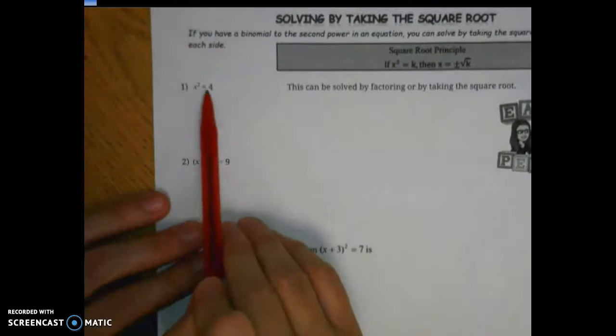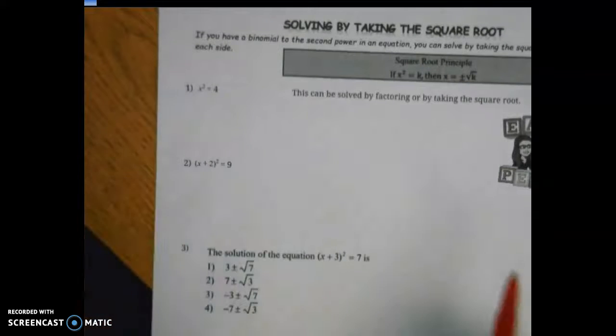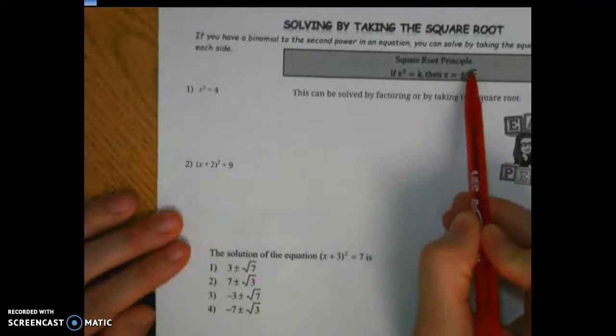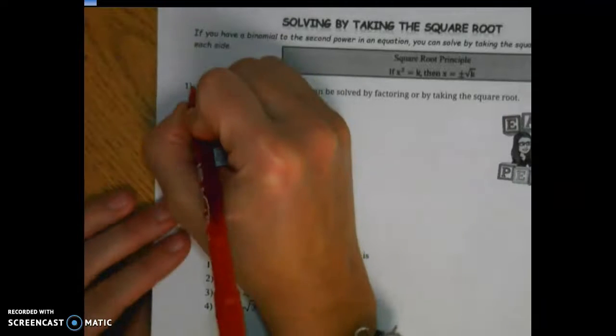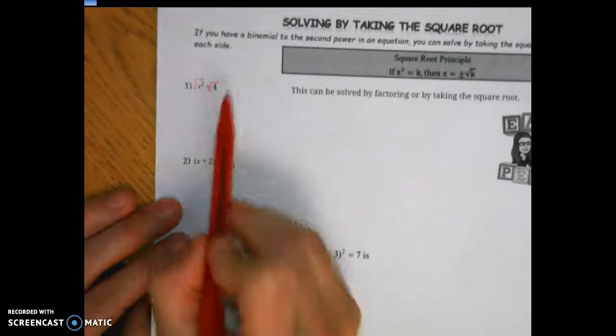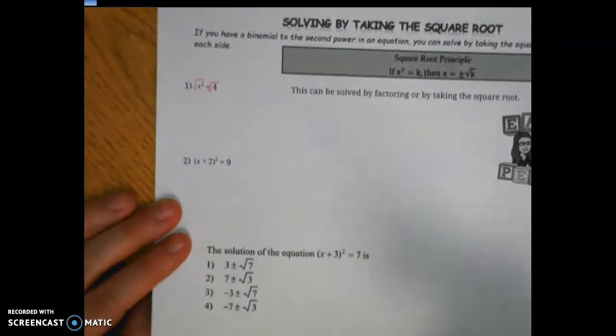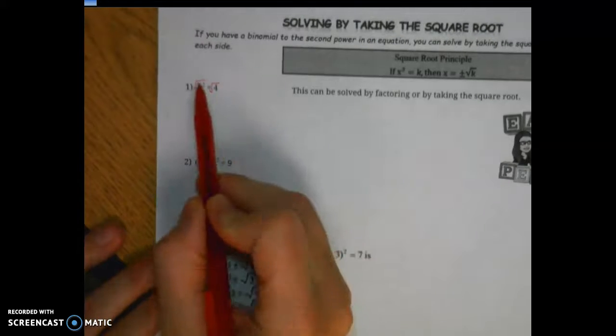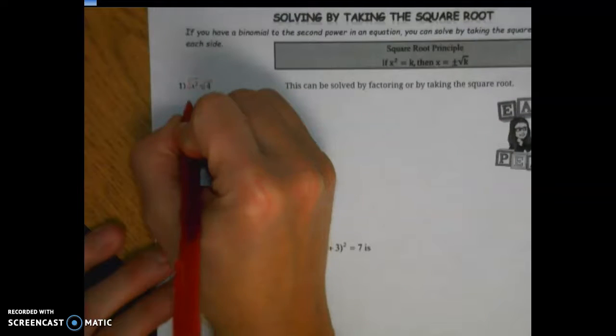If we have x squared equals 4, to solve for x, we would take the square root of both sides, like this is saying here, take the square root. We take the square root of both sides because a square and a square root undo each other. They're inverse operations, just like addition and subtraction are inverse operations, or multiplication and division are inverse operations. Because they're inverse operations, the square and the square root cancel,